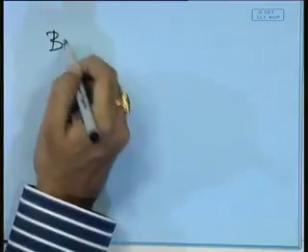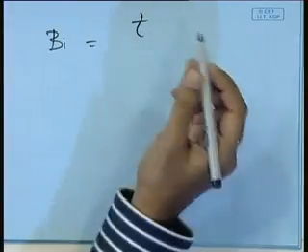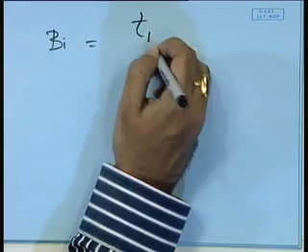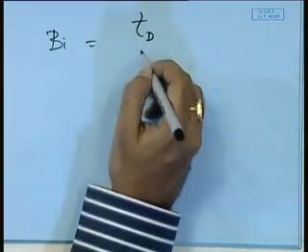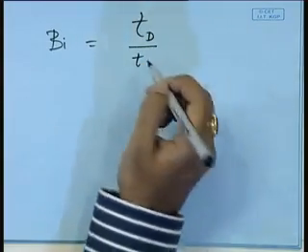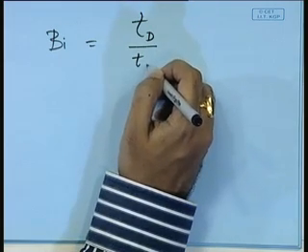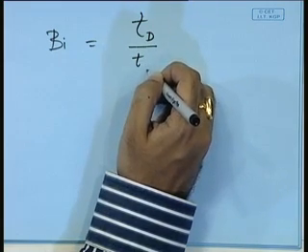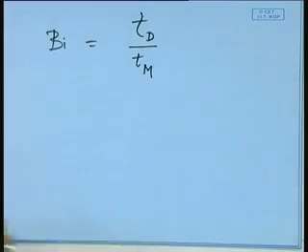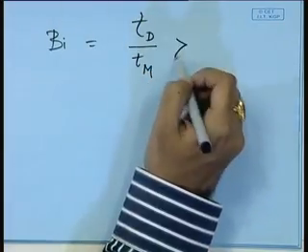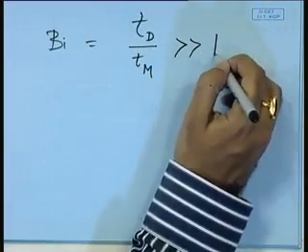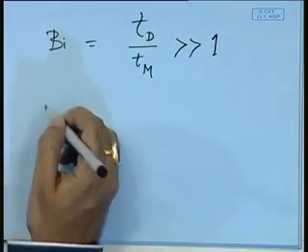What is the Biot number? Biot number is T interface over TD over TM, I think. So, this is much greater than 1, okay, which means that the,